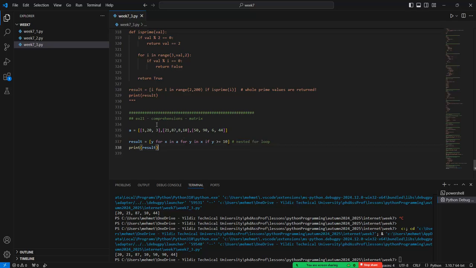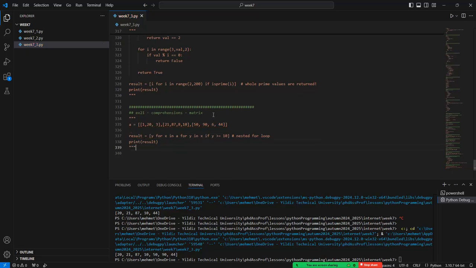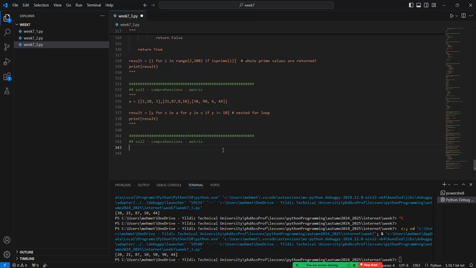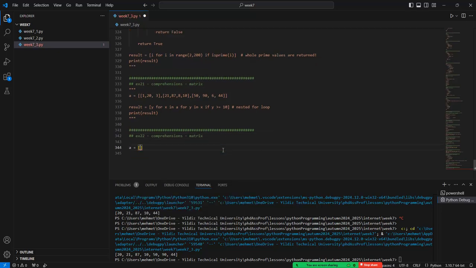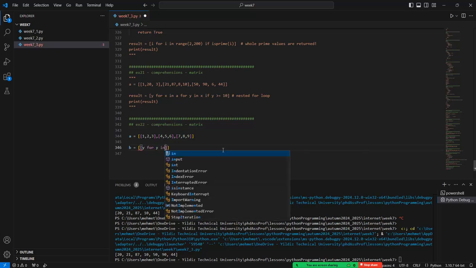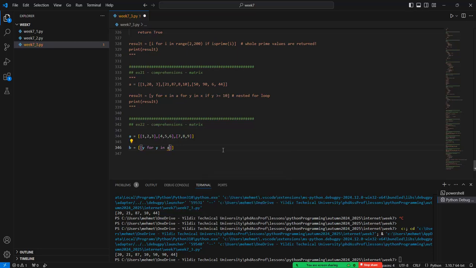So this is more complex, but if you review this code, you will understand it. With the same procedures, the nested comprehension can also be applied in here. 4, 5, 6 and 7, 8, 9. Okay? And so the B. And we create another list in here, y for y in X